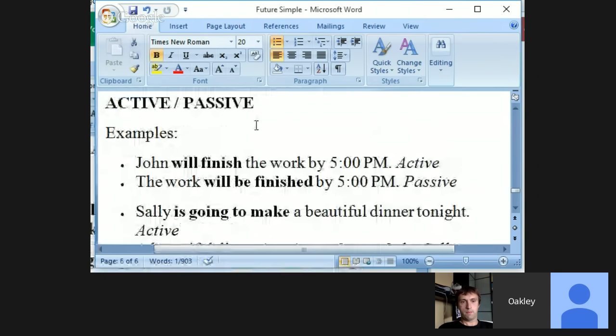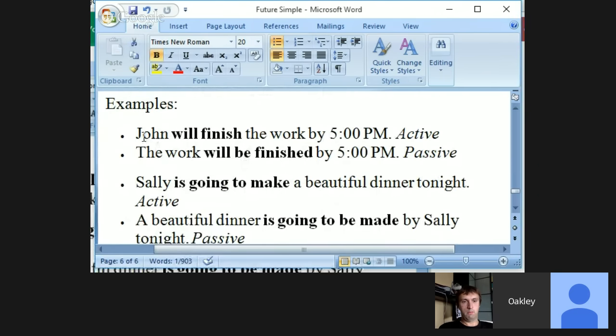Let's look at using the future simple with passives. In an active sentence, we care who did the action. So the subject noun will do the action. John will finish the work, the object noun, by 5 p.m., whatever. That's an active sentence. In a passive sentence, we could care less who did the action. In fact, in the example here, we don't know who did the action. Maybe we are using the passive because we don't know who did the action. Maybe because we simply don't care. Maybe because it is completely obvious